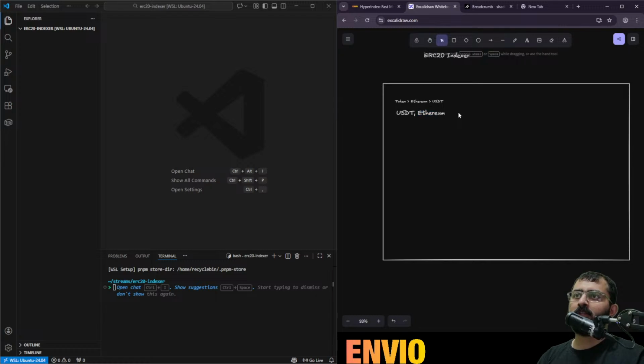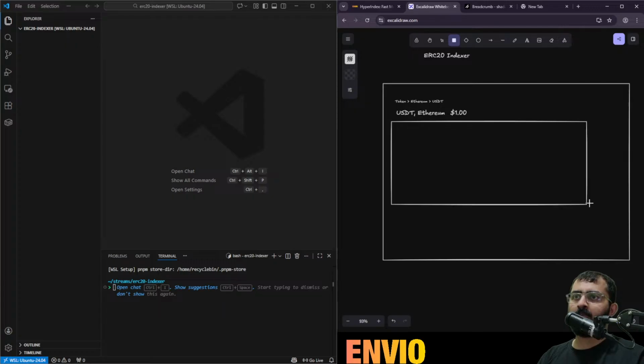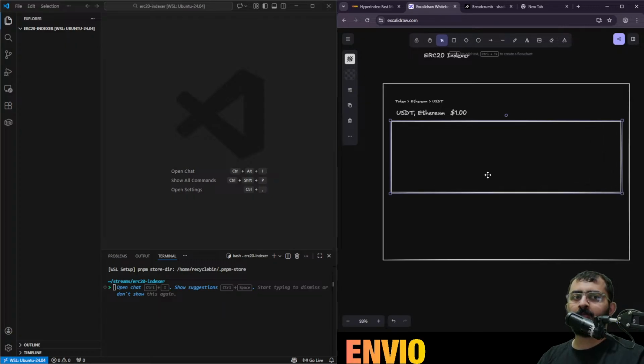So yeah, some kind of thing. Then I want a price here. Let me put this, $100, and below that I want a price graph. So a price chart, which is generated with